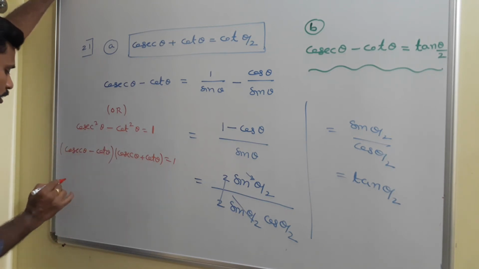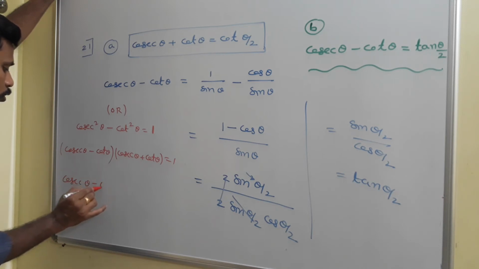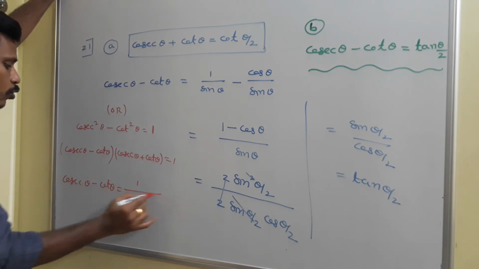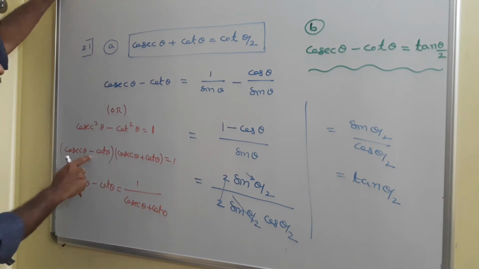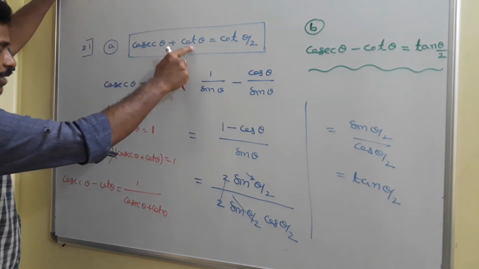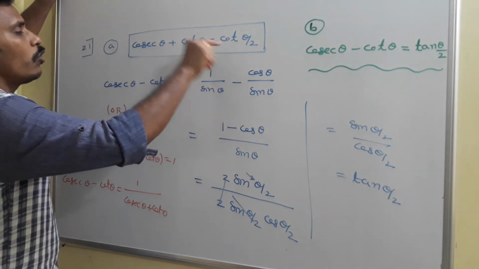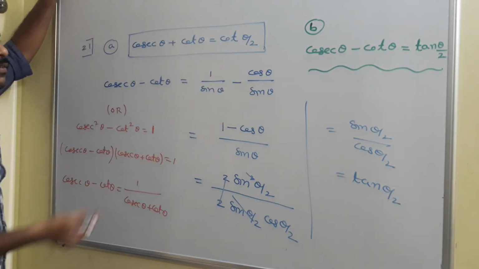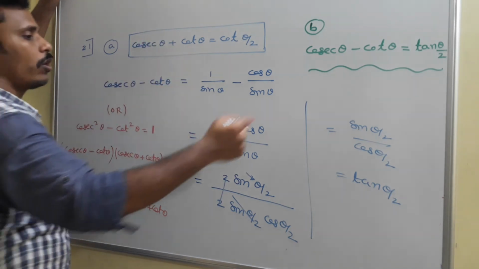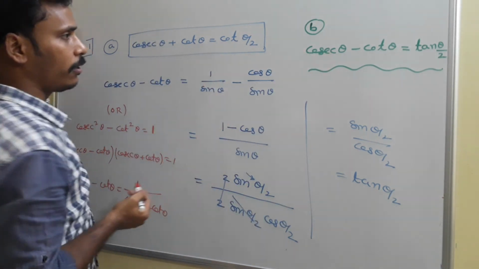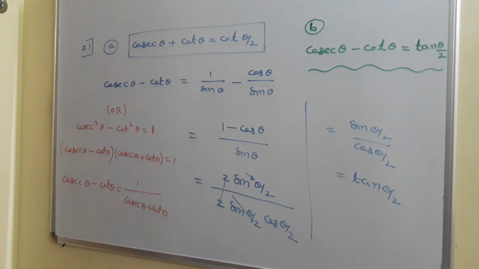So cosec theta minus cot theta is equal to 1 divided by cosec theta plus cot theta. In the sense, the product of these two is 1. Since the plus term gives you cot theta by 2, the minus term will give you its reciprocal, which is tan theta by 2. With this logic you may answer that, or otherwise you can go in the same process like the A bit, you can answer that B. You just think about it. At the end, we have two rules in our hands. Cosec theta plus cot theta is cot theta by 2. Cosec theta minus cot theta is tan theta by 2.